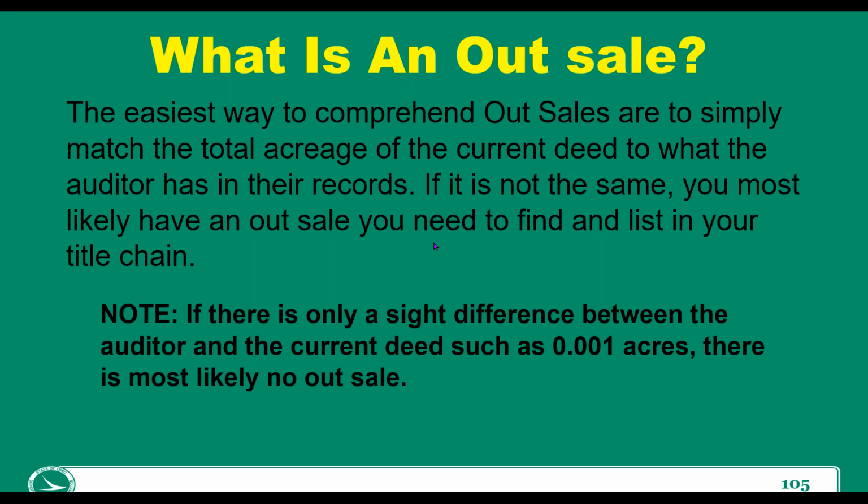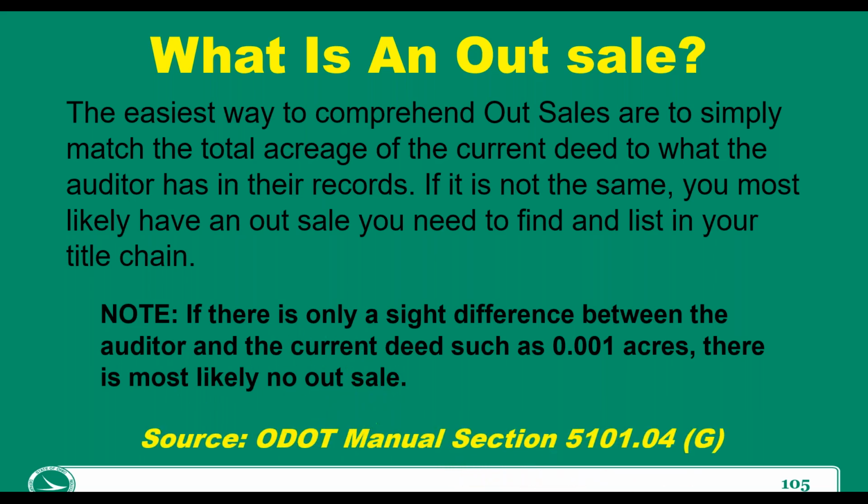It all depends, but it's language that will cover that. Nobody's going to buy a 0.001 piece of an acre of land, most likely, so you're not going to have an outsale in that case. But you still have to do your work and your due diligence to make sure that everything's good. And again, that's out of